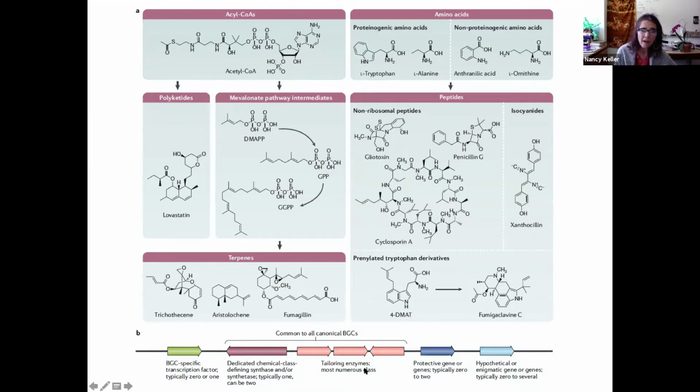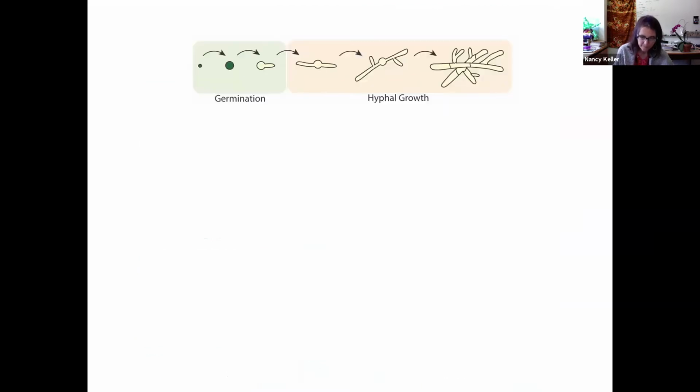But not all of our secondary metabolites are coming from biosynthetic gene clusters. And today I'm going to present two of our latest stories, all involving secondary metabolites, but one of them is more simple. Our first story is a story of self-communication, somewhat analogous to the paracrine or autocrine signaling that some of you might be familiar with, let's say, in immunology.